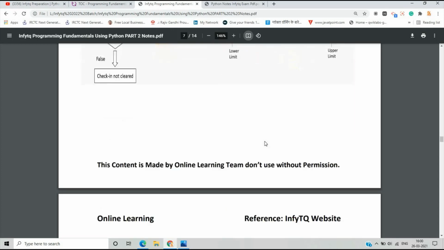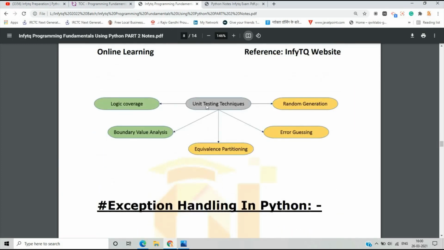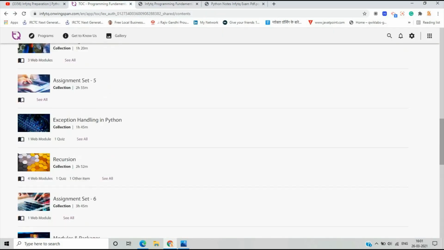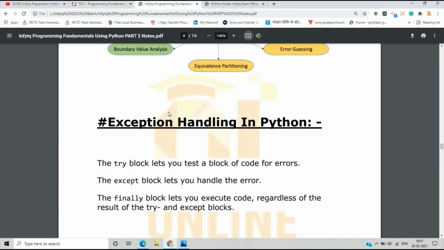You can see the particular conditions. These are some unit testing techniques, like logic coverage. Logic coverage is a different technique. Boundary value analysis, random generation, error guessing: these are some techniques. Moving to the next topic, related to the Python programming section, exception